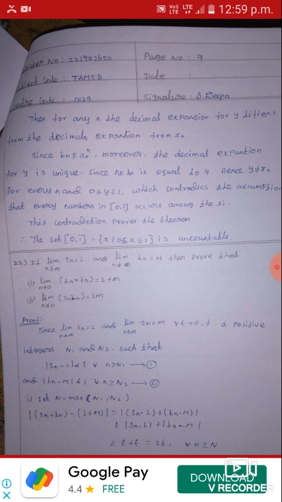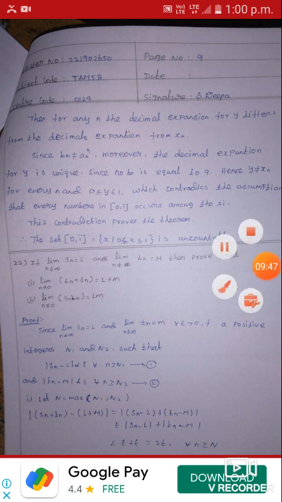If limit as n tends to infinity of S_n equals L, and limit as n tends to infinity of T_n equals M, then limit of S_n plus T_n equals L plus M. We have to prove that. The limit of S_n equals L and the limit of T_n equals M means we have positive integers n1 and n2 such that